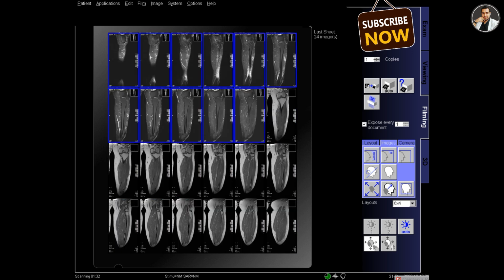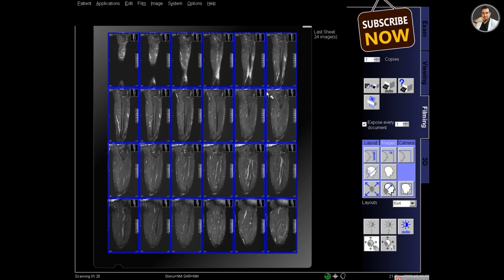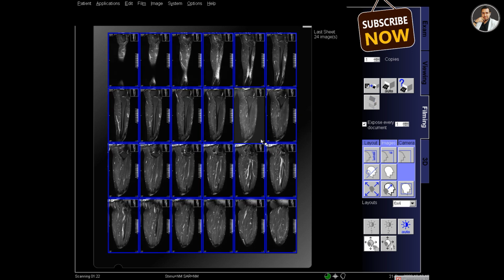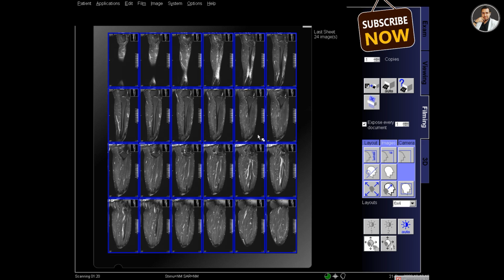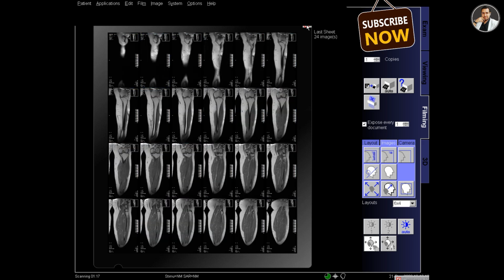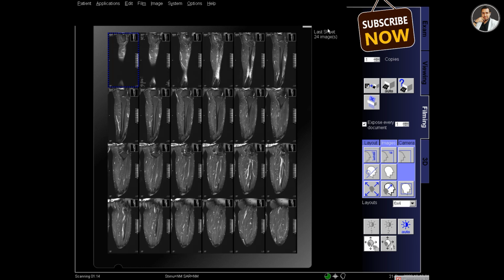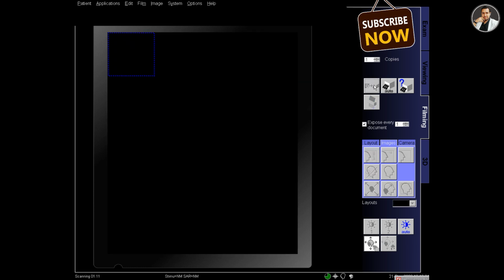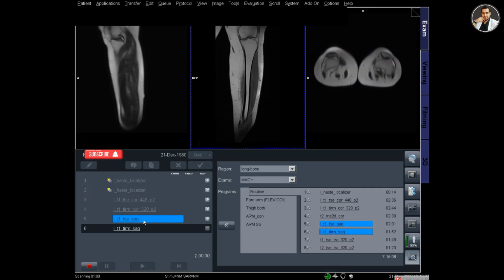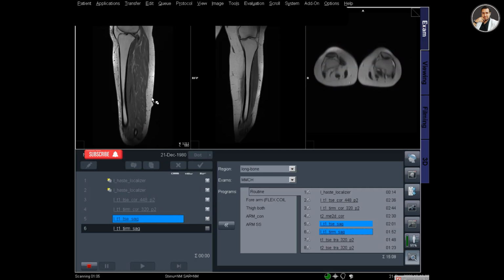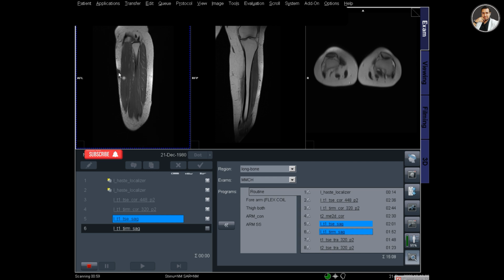So right now I am preparing two coronal sequences in the filming. One is T1 coronal and one is T1 TIRM coronal. TIRM images give us fat saturated images, so there is no signal from the fat. After preparing, print the film, and my T1 sagittal has been completed. You can see the very good high resolution T1 sagittal images of the leg, and there is the pathology in the skin and subcutaneous fat of the leg.